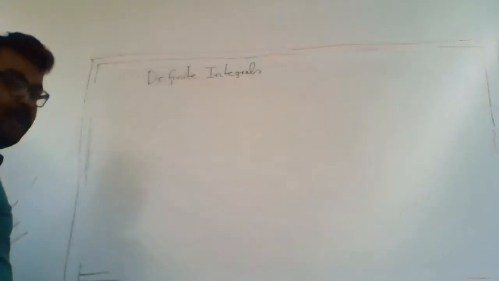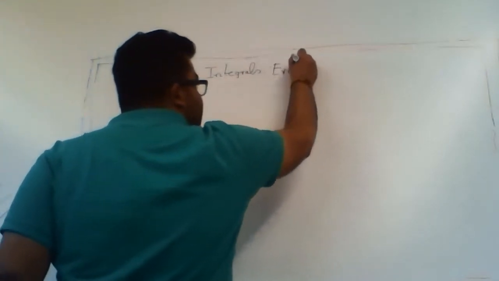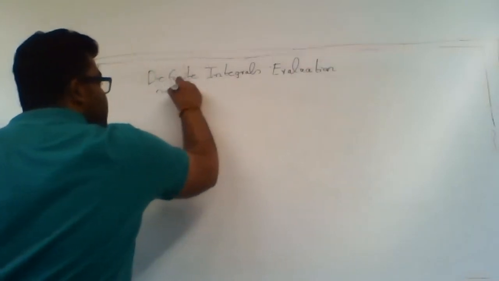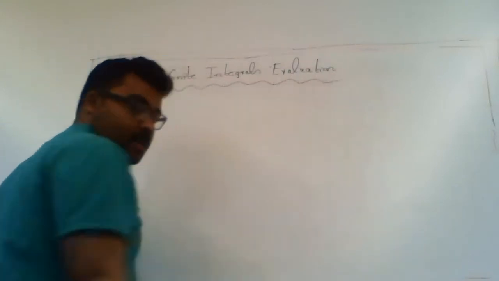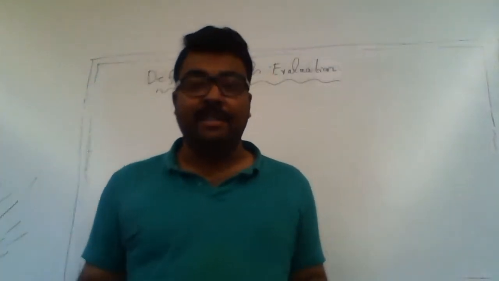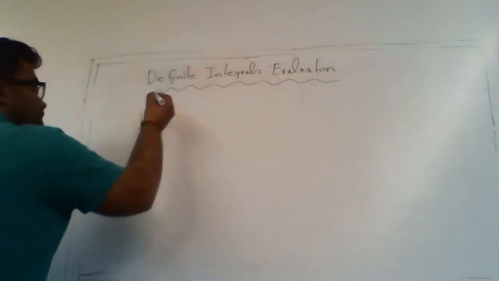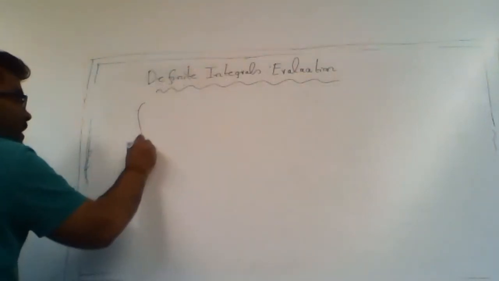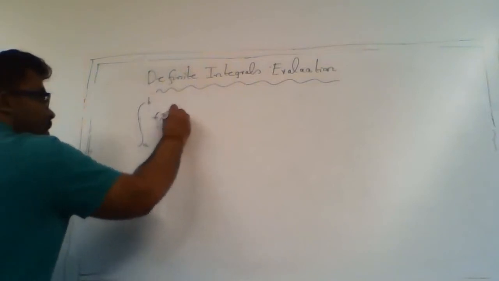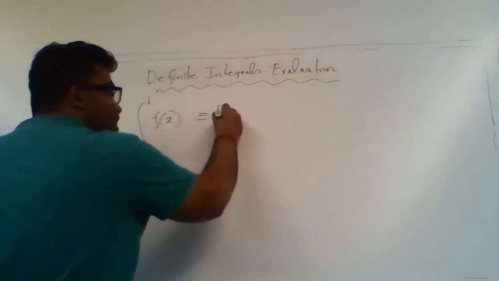We are basically doing evaluation of definite integrals. That is how to find out the value of a definite integral. So before the spring break, we had defined the definite integral. If you remember what a definite integral represents, we use this symbol, right? Integral from a to b f(x) dx. And we define this as the definite integral